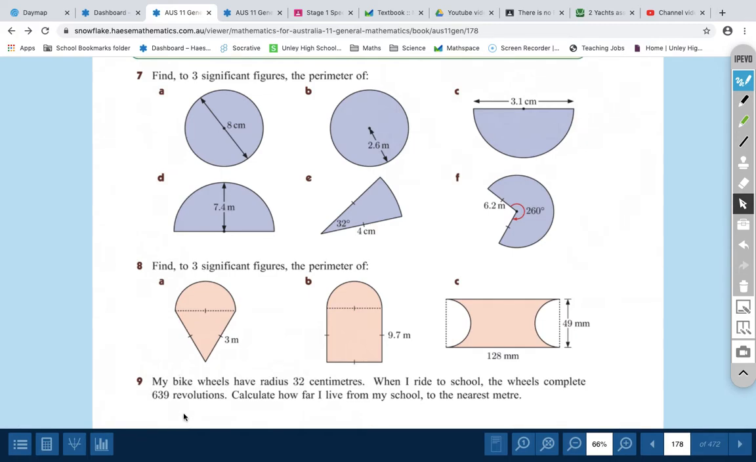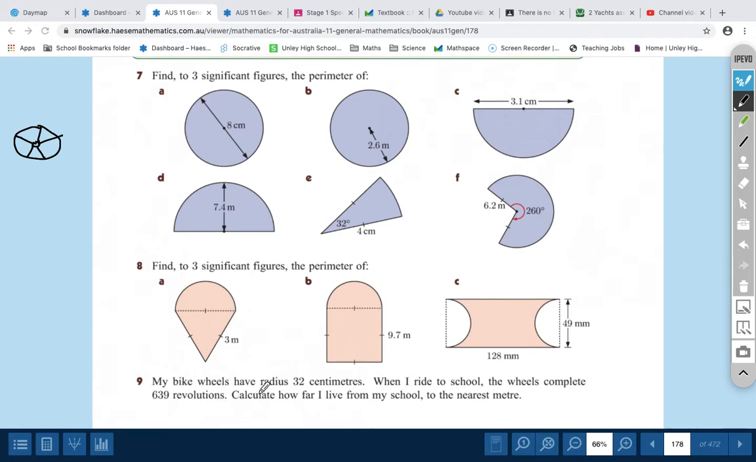We've got a bike wheel. So let's have a little crack at drawing a wheel. There we go, there's a bike wheel. Let's make it look cool, give it some spokes. There we go, bike wheel. It has a radius of 32 centimetres. Let me read that again. When I ride to school, the wheels complete